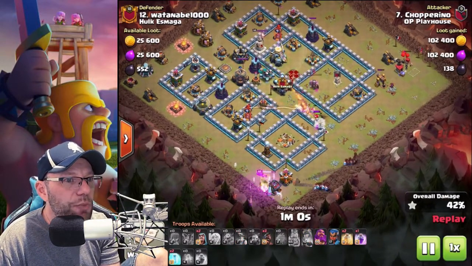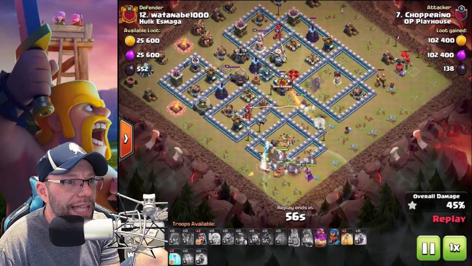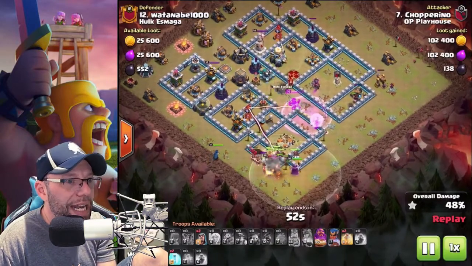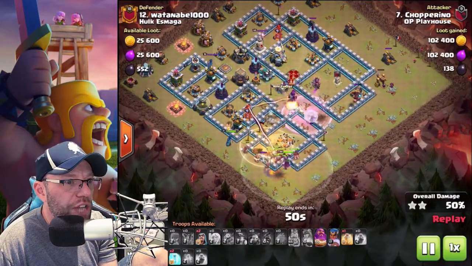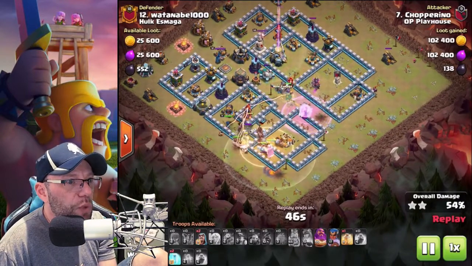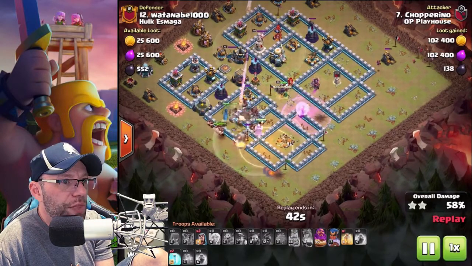In come the miners with the piggies coming around. Queen had to use her ability, but she's already taken care of the heroes. Drops a rage on her as she's going in towards the scatter shot. Her health was low. Brings in the royal champ to really help out with those defenses and the opposing royal champ that he's coming up on. Heal spell is already down. Troops went through the heal spell,